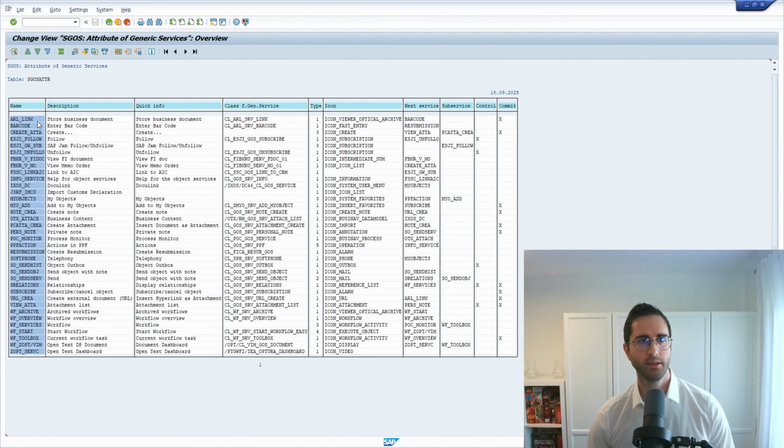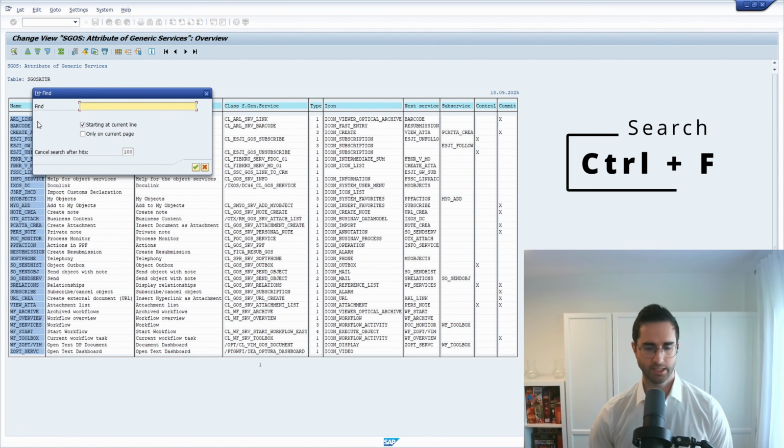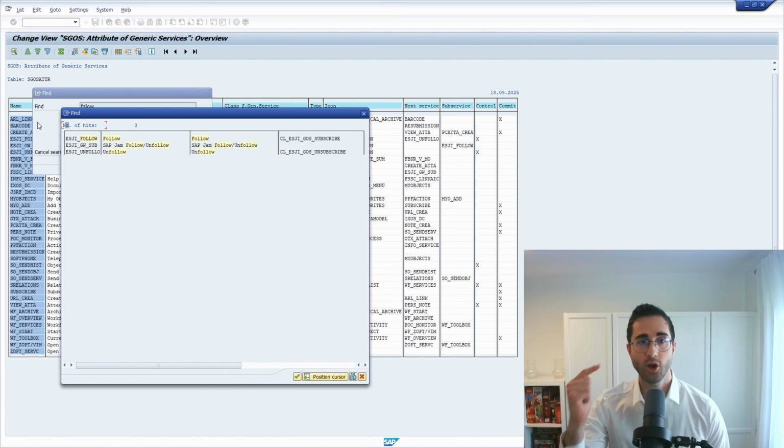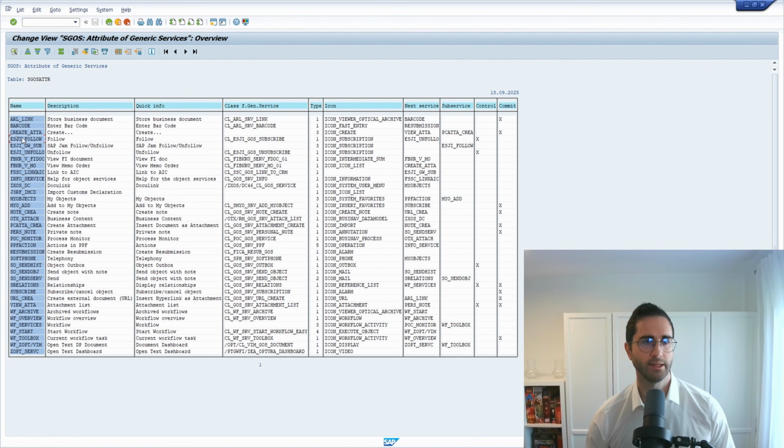So Control P, then here we have some kind of ALV grid control, and now you can use Control F, and here you can enter, for example, your follow, and then not just one column will be searched. Here you have multiple ones, so then you can double click on this one, and then you have marked this. Here, this is a trick to search easily,